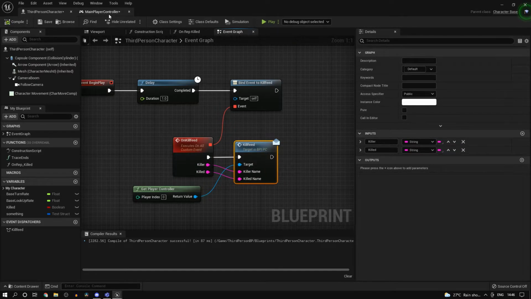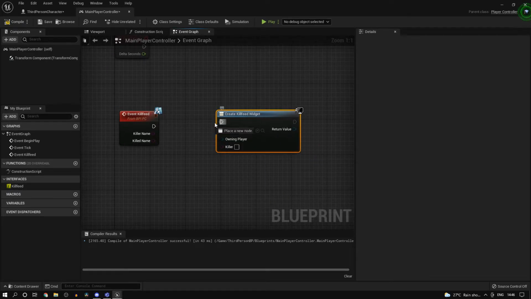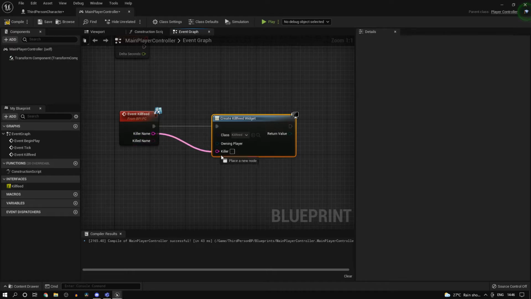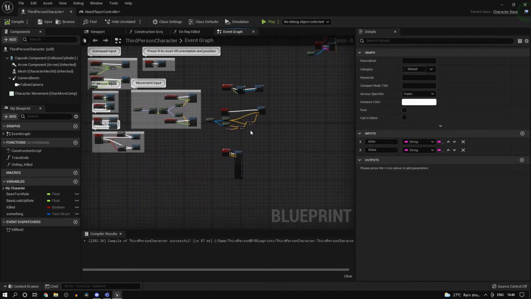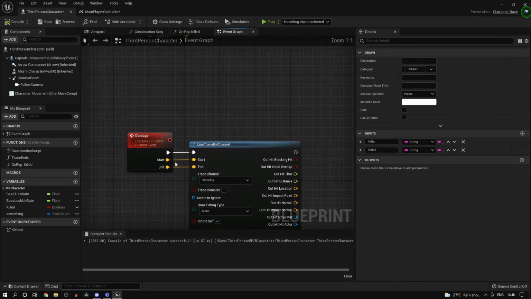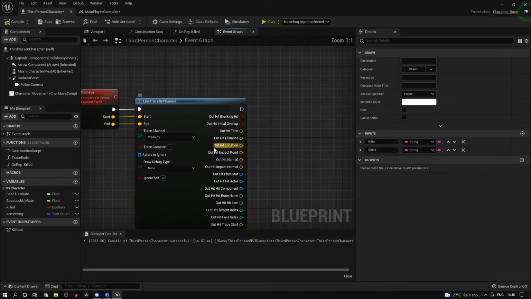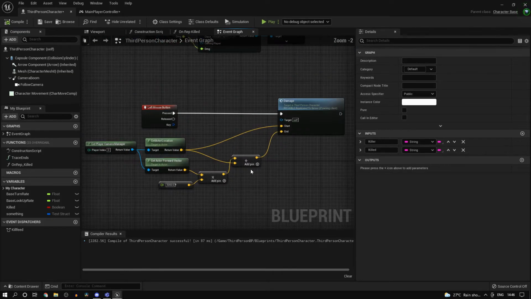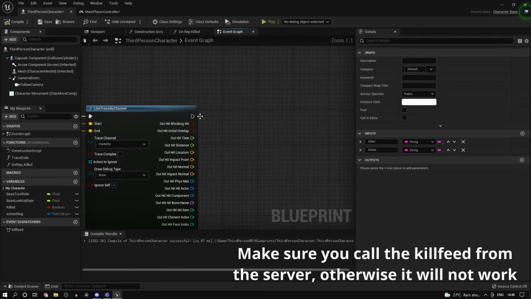Very simple. Now inside of here you can go ahead and add your kill feed widget, and these are the parameters we pass, so I'm just putting this in. Ignore the kill name, you could pass it as well. Add to viewport, we'll just create the widget there. And now if I just go ahead and compile that, and one more thing I want to do is I've set up this simple damage event which again was there in one of my previous videos. However, you can just copy this for now, or if you do have your own damage system, that's great. That's what this tutorial is intended for.